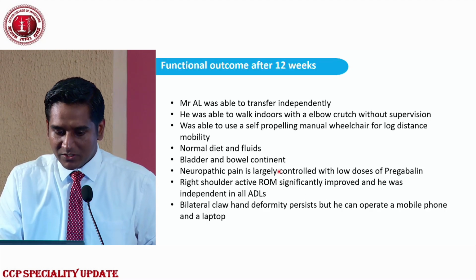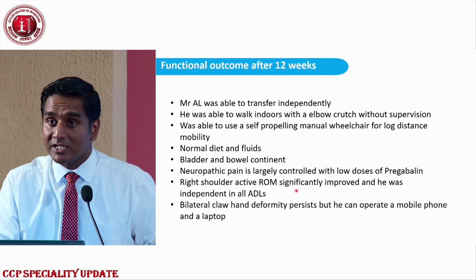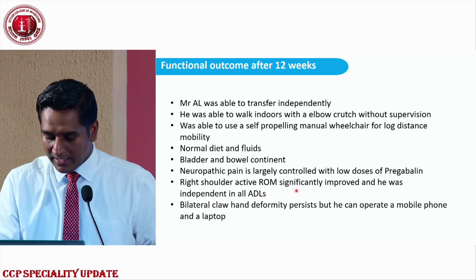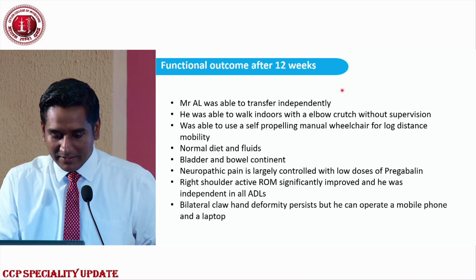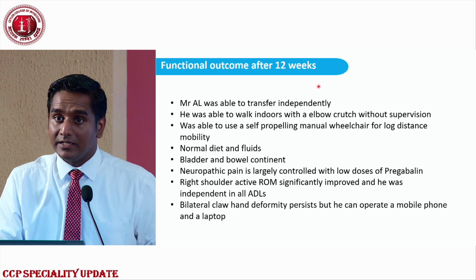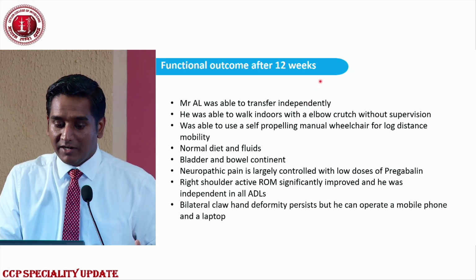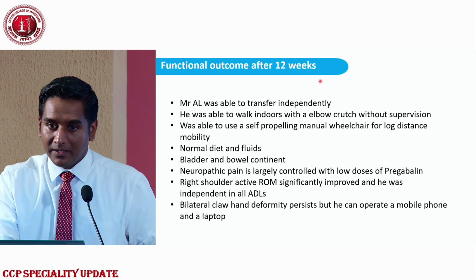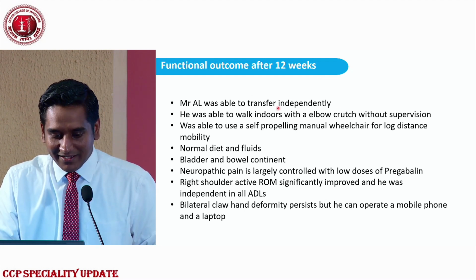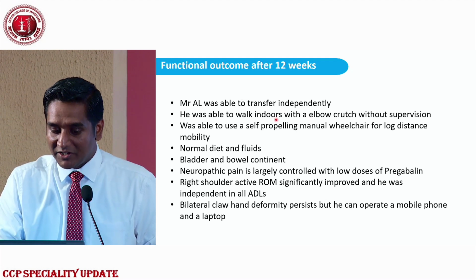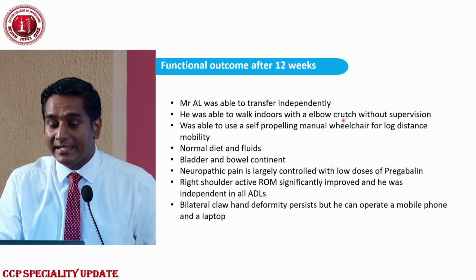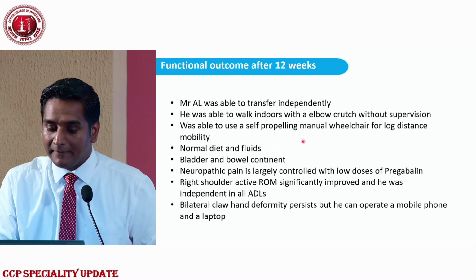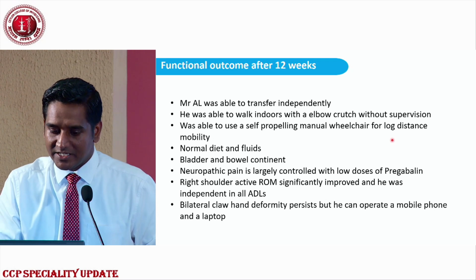Right, so what happened? We kept him for 12 weeks as an inpatient, and we had goal planning and a goal review after 6 weeks, and then a family meeting after 8 weeks, and established he could be discharged after 12 weeks in the ward. That is after about another 12 weeks in the ICU. He could go home. He was able to transfer independently, and walk indoors with only an elbow crutch. He still needs the wheelchair, which is self-propelling, for long distances, which is good because he lives only with